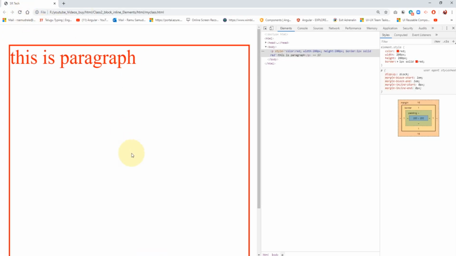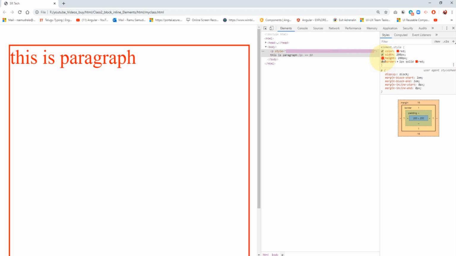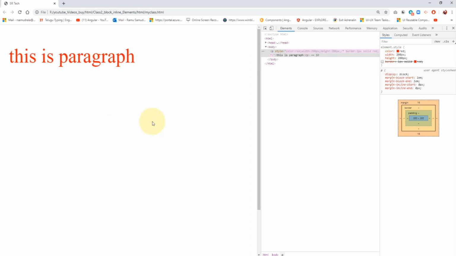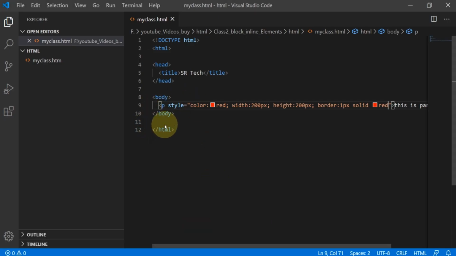I'm refreshing here. Yeah, it came. So what I gave is color red, width 200 pixel, and height 100 pixel. If I uncheck, then height is removed, just observe here. Border, so border disappears. When I check this checkbox, then the border will appear. Yeah, like this. So this is about inline styles.